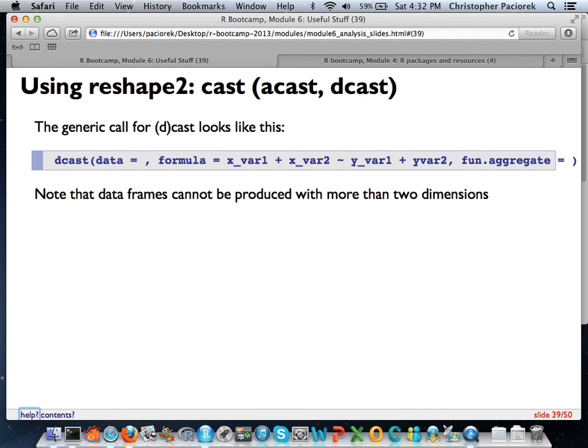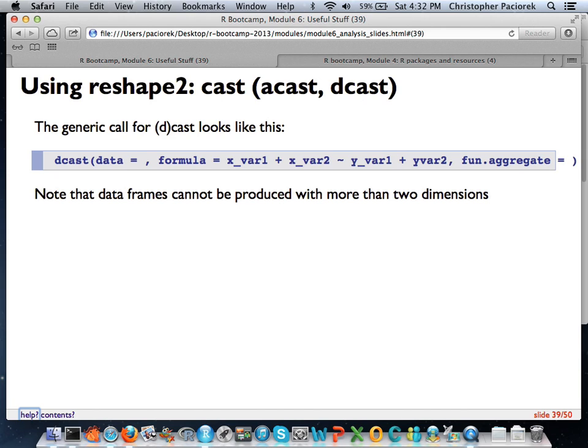We put in the data that we're interested in casting, and we have to fill in this formula which says, which variables would we like to keep as columns, and which variables would we like to cast as rows? Excuse me, that's the other way around. Which variables would we like to keep varying along each row, and which variables would we like to basically cast up as a column? And there's a basic formula for you to put here.